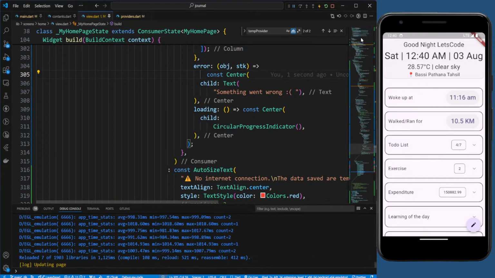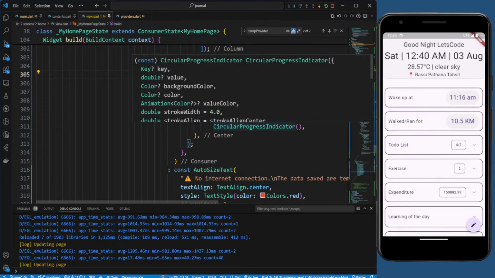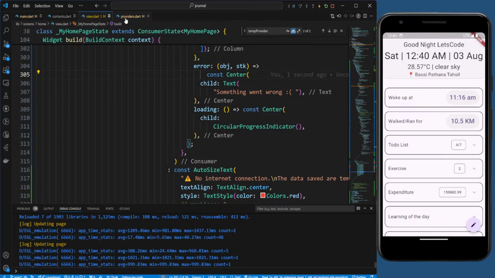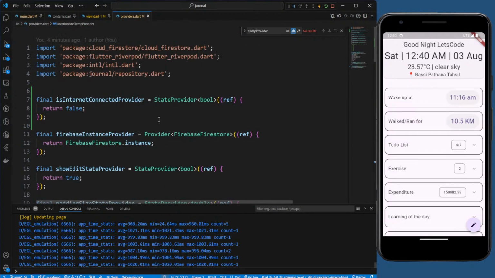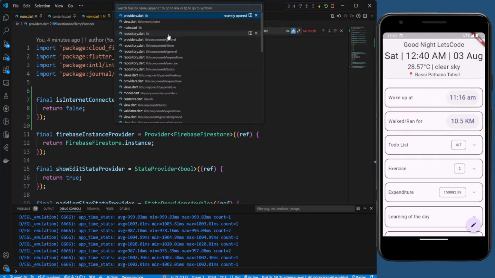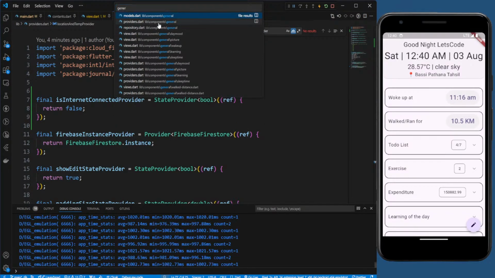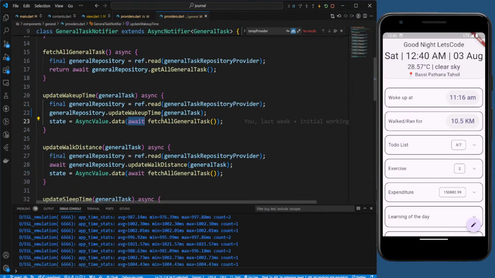So now we have internet connection. So what we can do is, on the get request, right, based on this we can pass it. So let's go to our providers and first we'll go to general providers, this one. So we need to fetch general task, right? It will just do final